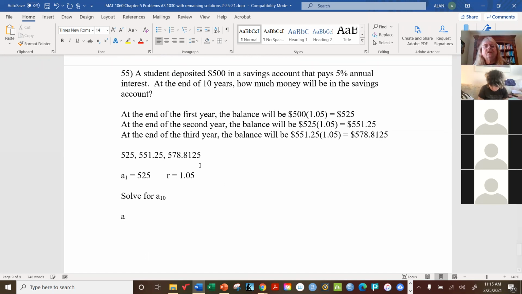Okay, so if you recall from earlier, An equals A1 R to the n minus 1 power. Okay, and so that's going to be 525 times 1.05 to the 9th power, and that works out to be, let's see,